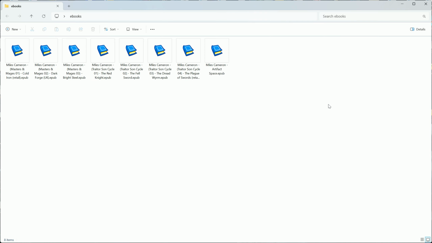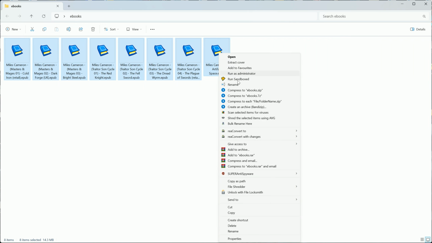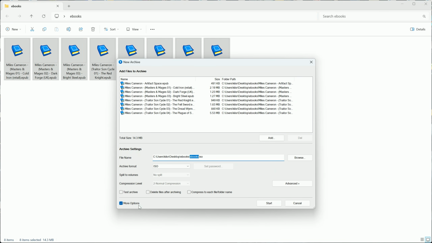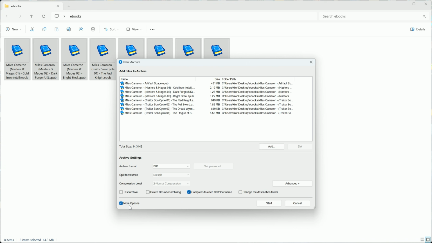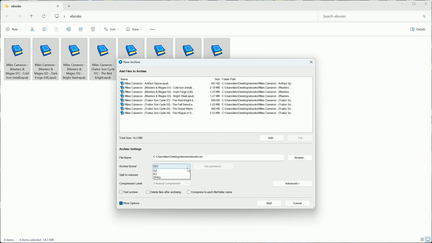Very simple to use. Once you've installed BandyZip, you first rubber band your files. As I said, I'm using these little ebooks as an example. And you notice I didn't go all the way around to rubber band. And then just right click on, create an archive, and then go to compress each to folder name. If that doesn't show up, it's just in the more options look. And you choose how you want to